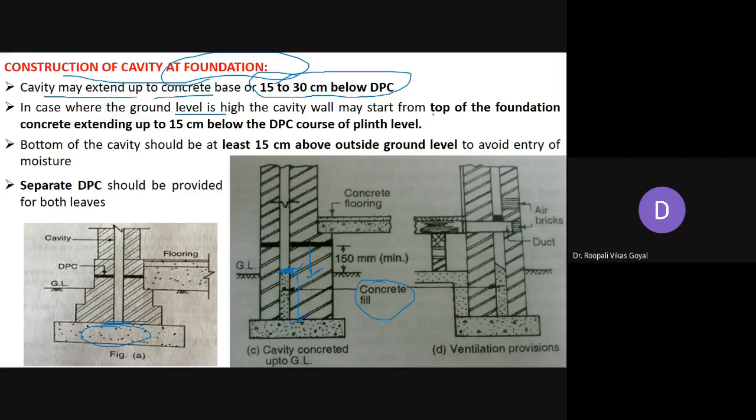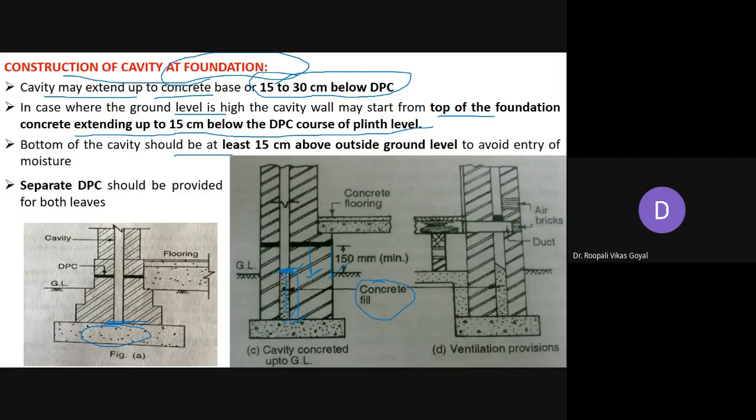The cavity wall may start from the top of the foundation concrete extending up to 15 centimeter below the DPC of plinth level. So here this is the case. DPC is 150 below. Okay. So in that case, you can start from the top of the foundation, that is 15 to 30 centimeter